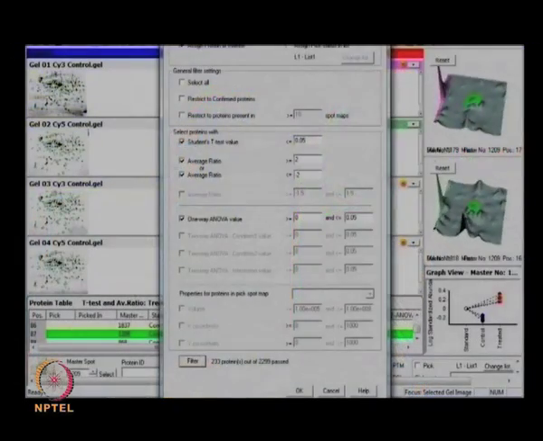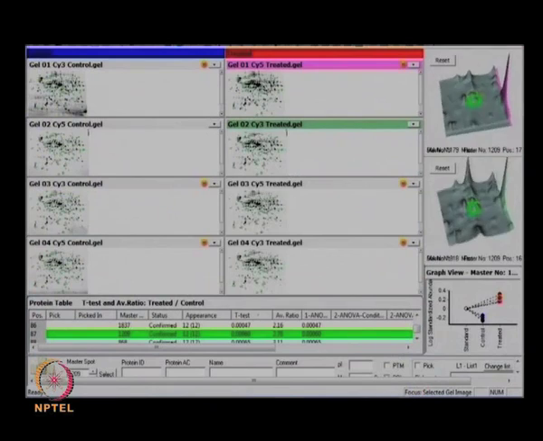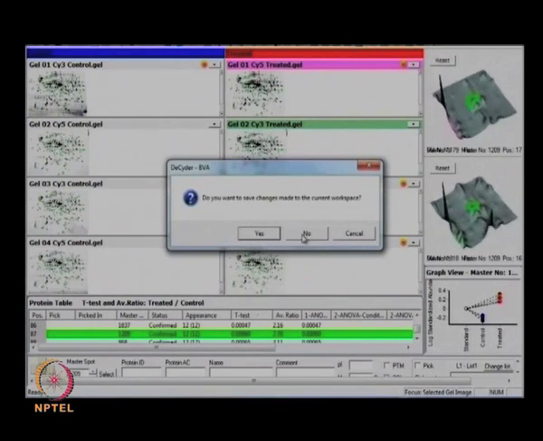So if I understood correctly, probably the statistical parameters will be more stringent in EDA, and you can have better biological significance information from the data set. Exactly. Because in a lot of clinical data or different types of treatments, people like to do several gels and a lot of treatments. Yes. So your number of samples to be analyzed is very large. Exactly. And obtaining meaningful information is one of the major challenges in the whole proteomics field. So I'd like to see an EDA. Please.